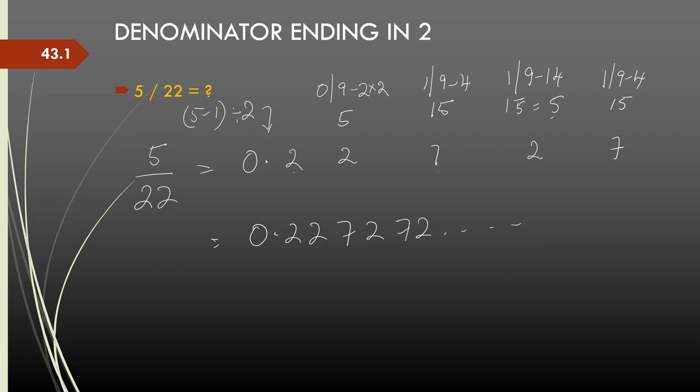So, here the adjustment we did to the process we used for denominator ending in 1 is, whenever we subtract from 9 the previous quotient number, we multiply by 2 and subtract, because the denominator is ending in 2. Let us look at one more example. Let us say we were calculating 19 by 32 to 3 or 4 decimals.